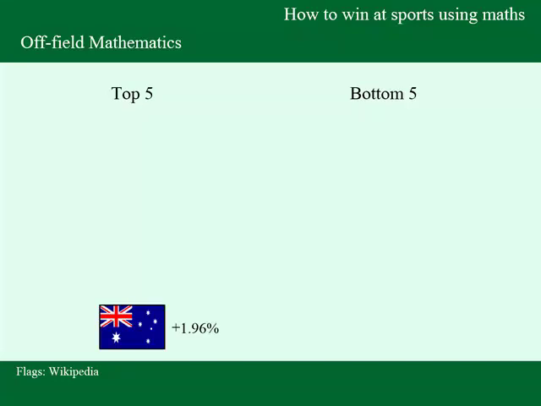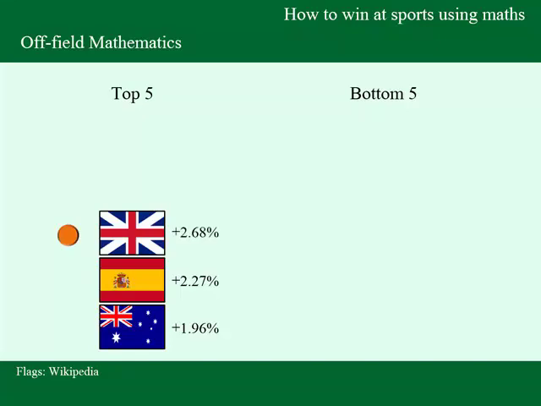In 5th, we've got Australia. So their Paralympic athletes perform, on average, 1.96% better. I should say as well, the range is from the turn of the millennium, so 2000 onwards. In 4th is Spain, 2.27% of the Paralympians perform better. In 3rd, bronze, Team GB, excellent,